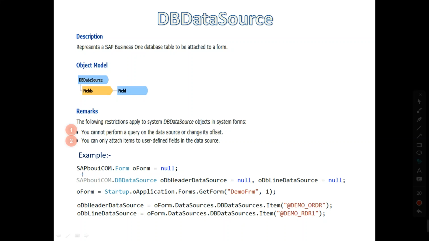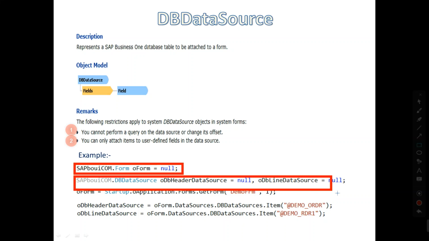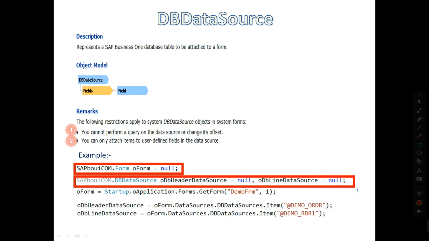Let's see the example here. I have created a form object here and then declared two DB data source variables, a DB header data source variable and a DB line data source variable, and then created a form object here. You can see the form object is here, and with the help of the form object and its properties like data source, then the DB data source dot item method, it takes the table name here.